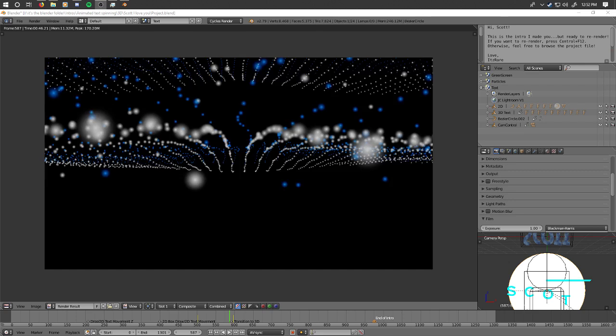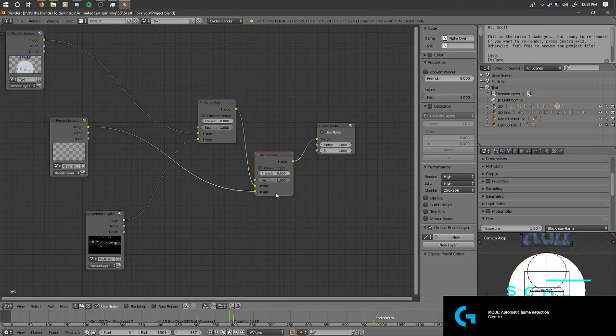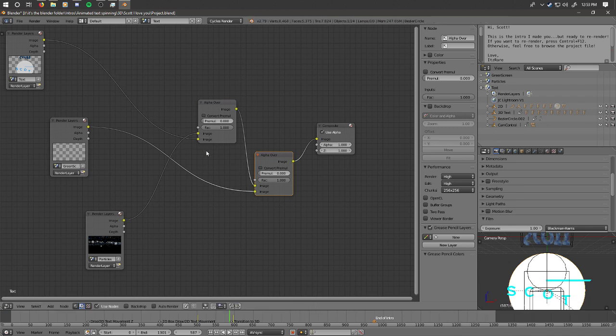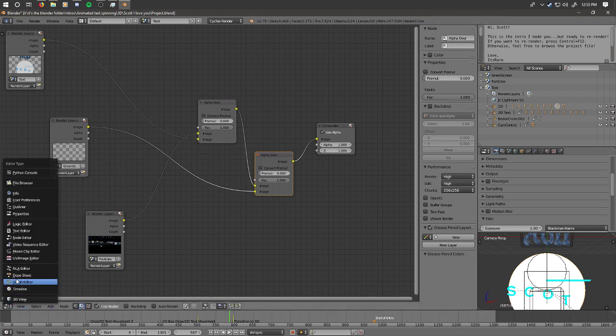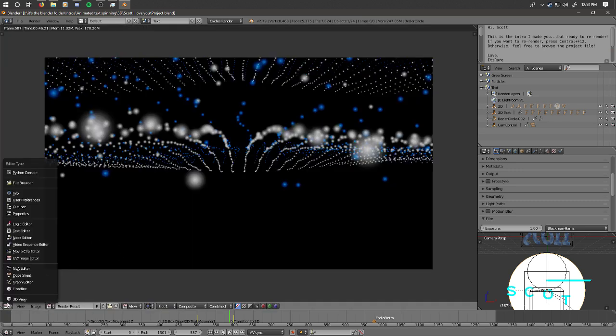And then as it comes up, oh shoot, that's the wrong particle thing. It's okay. We don't have a node editor for a reason. Pop back over here. Where nothing has changed? What?